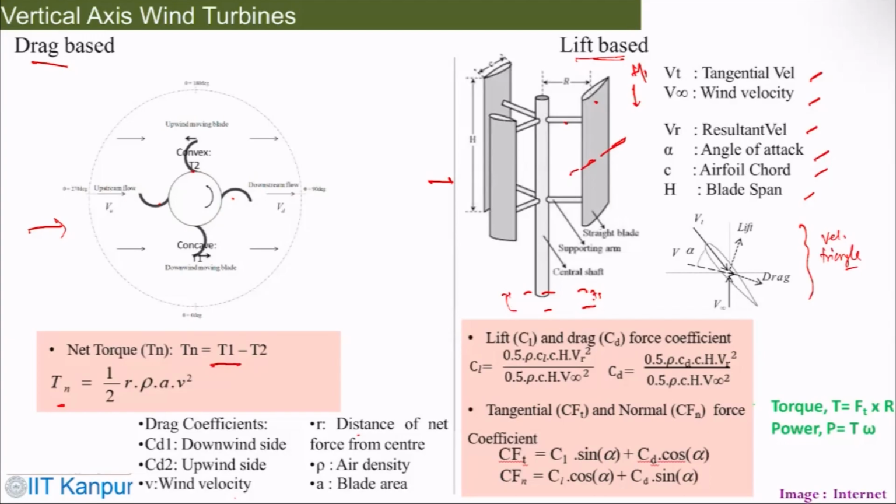And when you look at it from the top, the wind would hit the blade in this fashion because the blade is at an angle of attack. So the CL and CD force coefficients one can find out. So these are the standard ways to find that. Then the tangential and normal forces can be taken as two components, with CL sin alpha, CD sin alpha, and all these components. And finally, the power is the torque into omega, and torque is the FT with the radius. So that's how you calculate things.